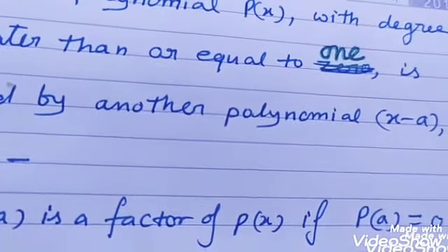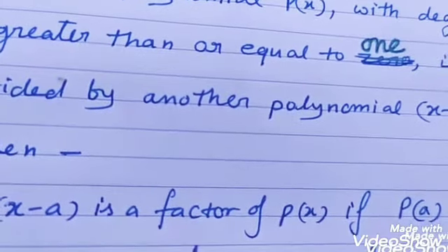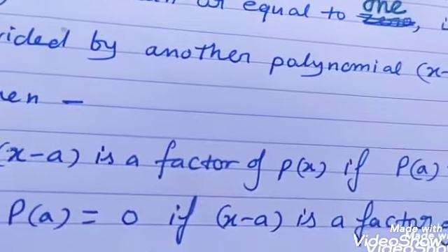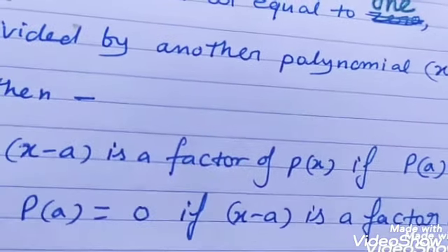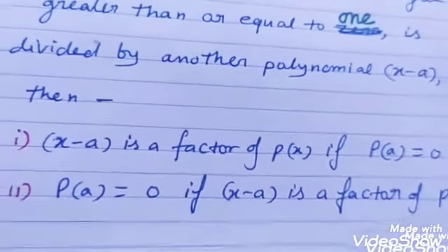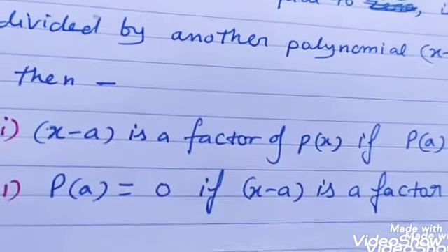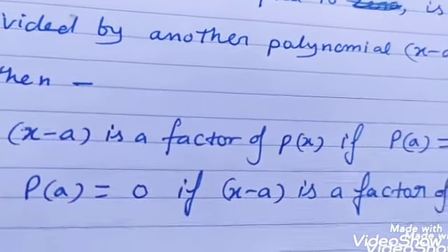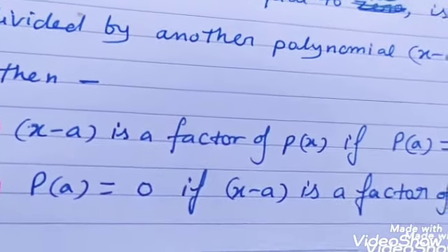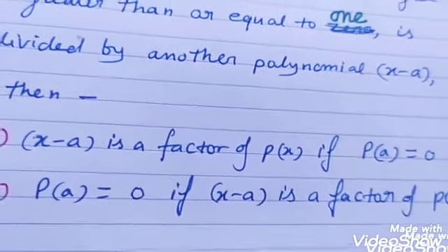अगर रिमाइंडर 0 आ रहा है तो इसका मतलब क्या है कि x minus a is a factor of p(x). Second condition, if x minus a is a factor of p(x), then the remainder will be equal to 0. मीन्स जैसे हम नॉर्मल से एग्जांपल ले सकते हैं कि अगर 3, 12 का फैक्टर है तो 12 को 3 से डिवाइड करने पर रिमाइंडर 0 आएगा. अगर 12 को 3 से डिवाइड करने पर रिमाइंडर 0 आ रहा है, इसका मतलब 3, 12 का फैक्टर है. So similar condition here applies.